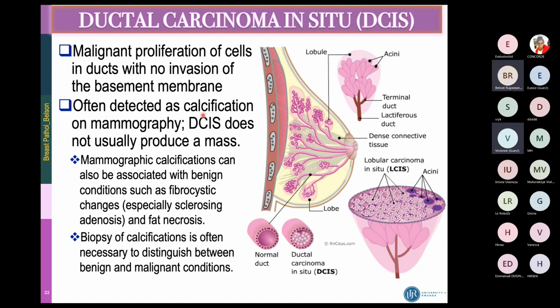So you will see calcification on mammography, so that you will see no mass. You cannot palpate and say you felt a mass, because ductal carcinoma in situ consists of very small things that you cannot palpate. So but mammography will